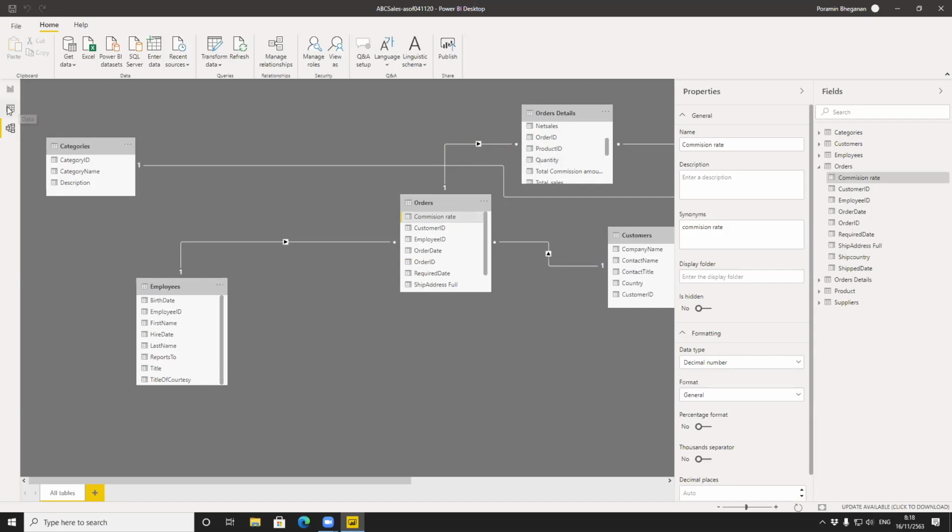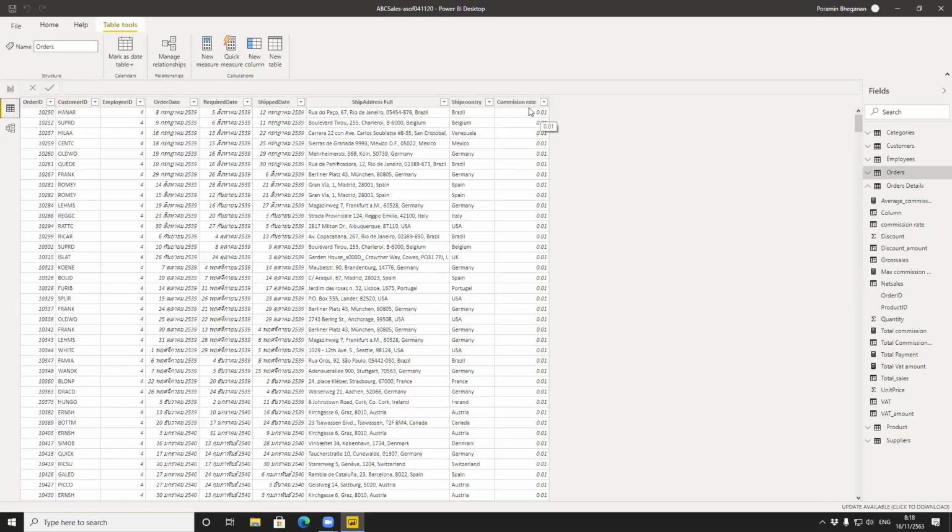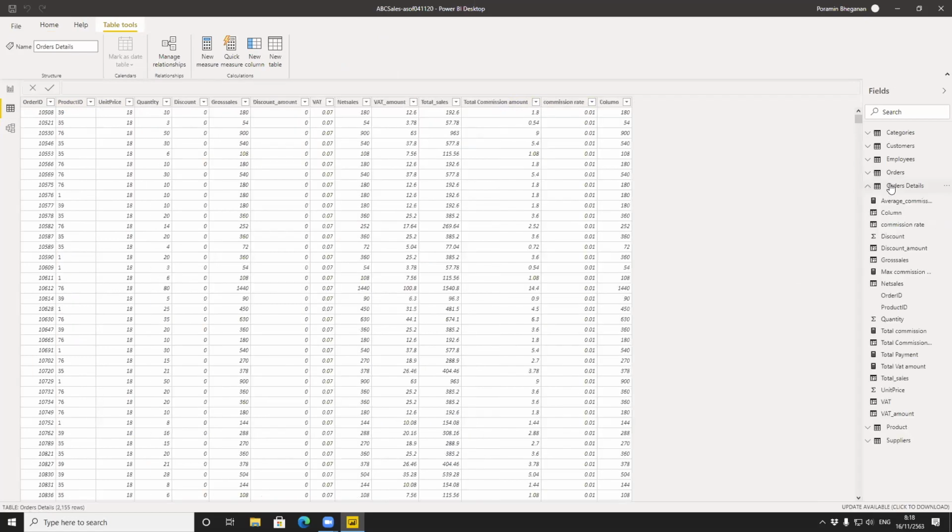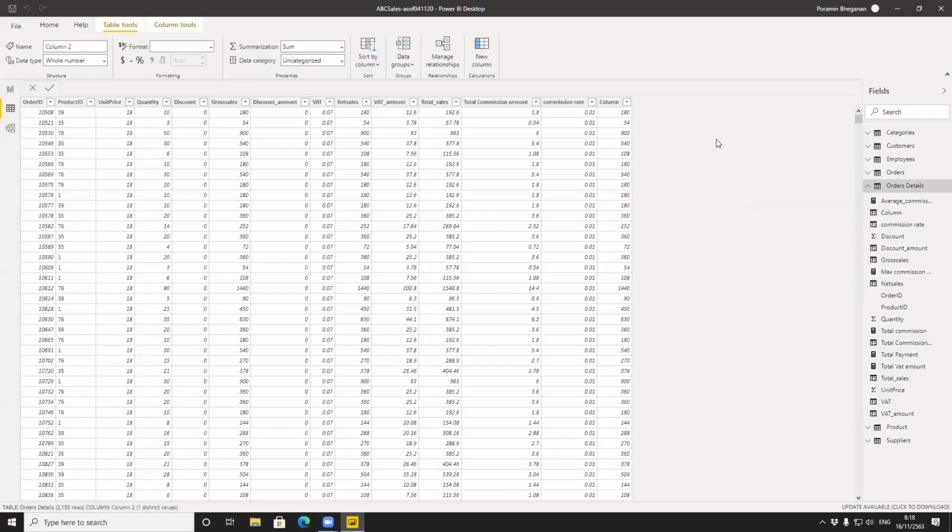So if you go back to the table view here, in the order details table, if you want to refer to data from the orders table, like the commission rate, you can do it straight away. But if I create a new column in here, and then I just try to refer to the commission rate from the orders table,